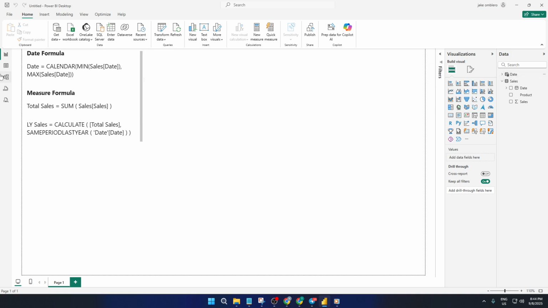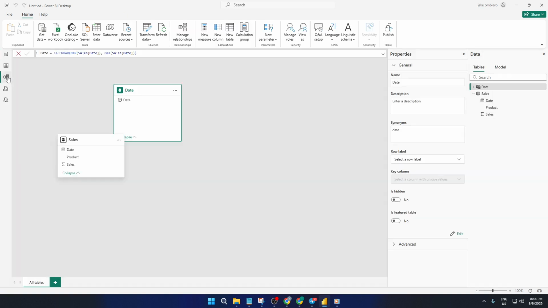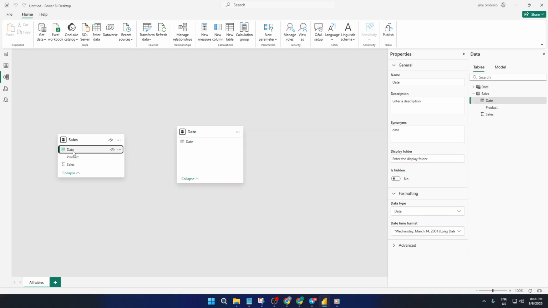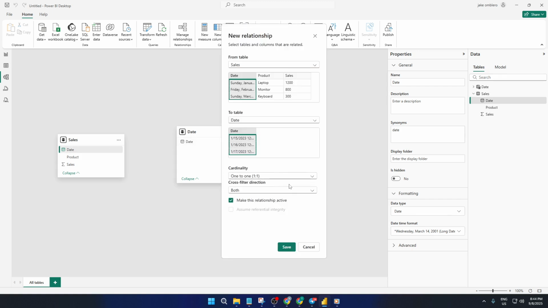Next, we need to actually connect our sales table to this new date table we just created. Go over to the model view, you'll see it as a little diagram icon on the left side. Here is where we set up relationships, which is how Power BI knows how your different tables fit together. Find your sales table and your date table, then drag from the sales date column right onto the date column. It's a bit like linking two puzzle pieces together,